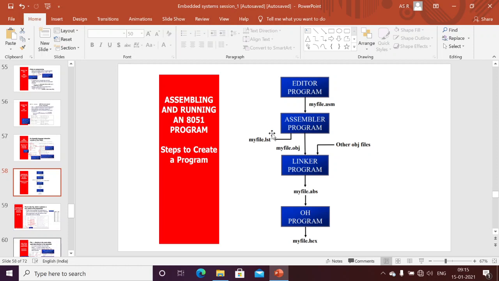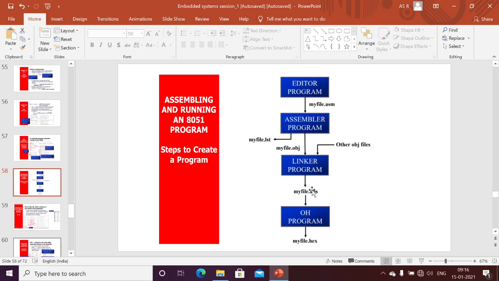Okay, the list file will show any errors. For example, if I get any error, then I will go back to the editor and change the code again, then give it to the assembler. If there are no errors, then the object file will be generated. This object file I give to the linker. We may get some other object files also, like math.h. I link all the object files and get the absolute file from the linker. It arranges all our object files in one structured way.